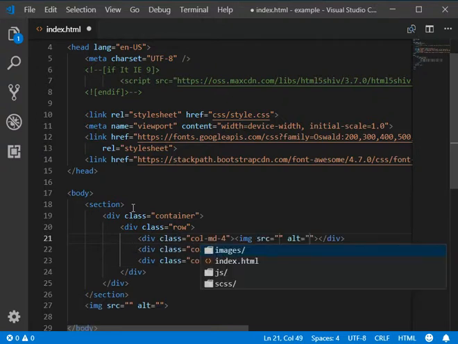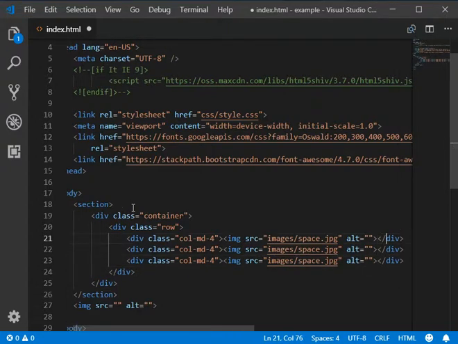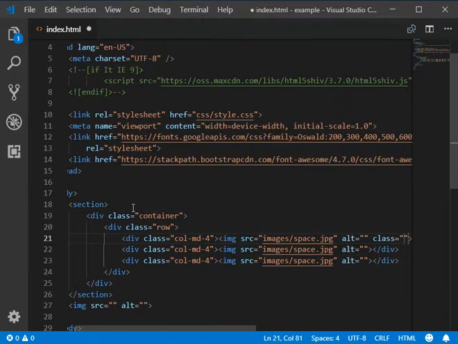So here we go. We have some space for the image, and we need to place all the images within this and simply add the class here, which is